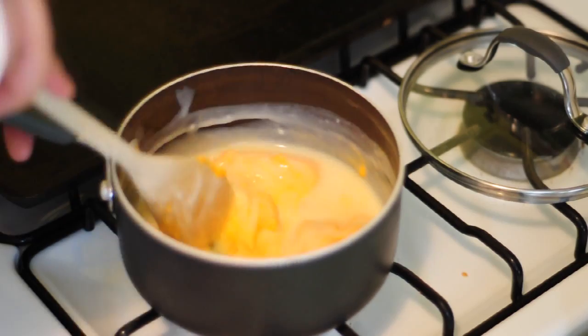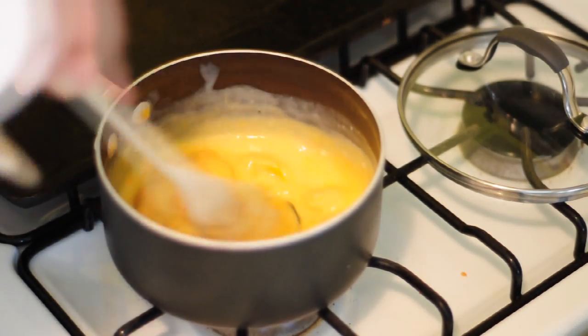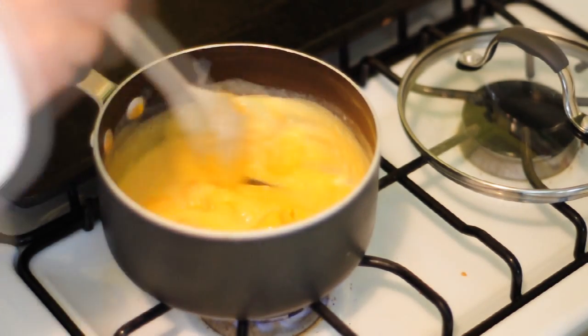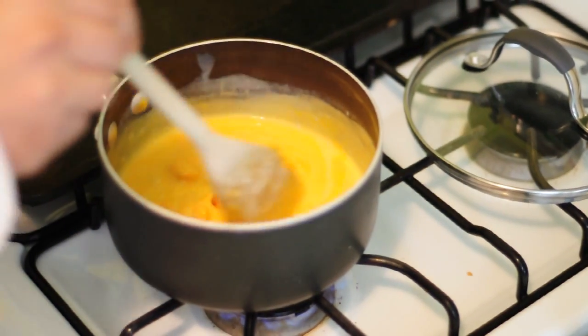So, still stirring, huh? Yeah, this part can take some time. I do know this one joke. Have you heard the one about the duck that walks into the bar and he goes up to the bartender